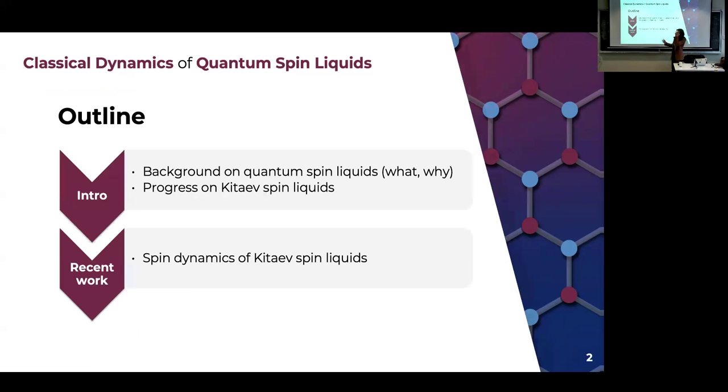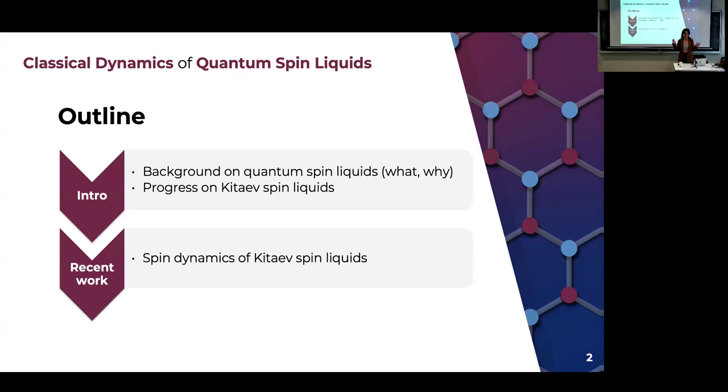Okay, so for the outline of this talk, I'm going to first be presenting a background on quantum spin liquids. What are they? Why do we find them interesting? And then I'll comment on some of the recent progress on Kitaev spin liquids in recent years, and more namely, some of the experimental developments in discovering them. And then I will talk about my piece on all this, which is simulating spin dynamics of Kitaev spin liquids